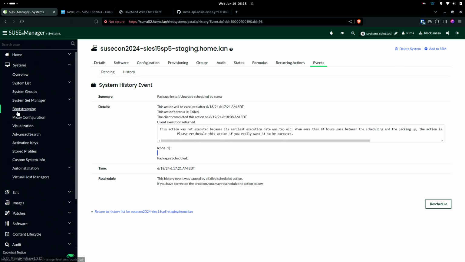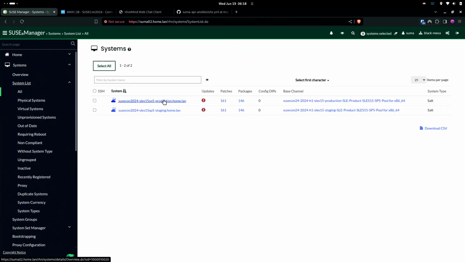And when everything goes well, so not today apparently, I will have zero patches available, 0 packages available, but I will still have to reboot because I'm not using live patching in there. But this is basically what should have happened if everything had been okay.